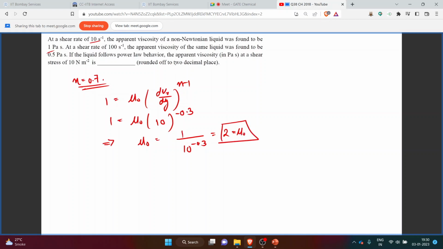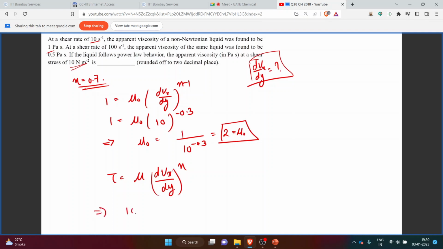Now we have to find the apparent viscosity for a shear stress of 10 Newton per meter square. For that, first we need to find the value of the shear strain. The strain rate at this 10 Newton per meter square, that is dvx by dy, we have to find. So for a shear stress, tau is equal to mu, the apparent viscosity, times dvx by dy raised to n, we can write, and tau we have been given as 10,